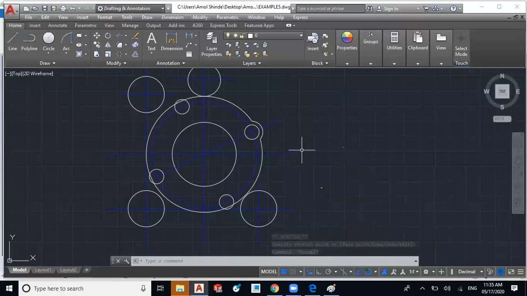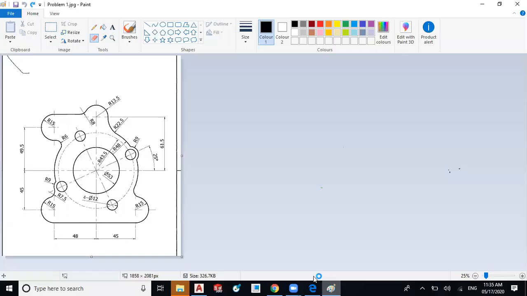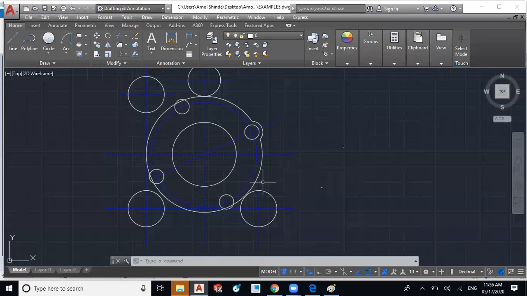We have to draw the circle here too. The radius is given 7.5, and we can make the tan tan radius circle. Tan tan radius circle we are having. So we will use it at this corner.